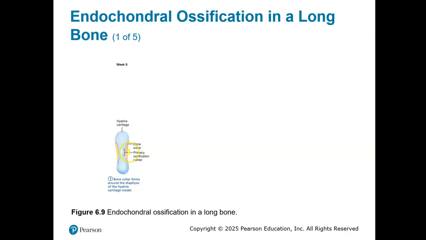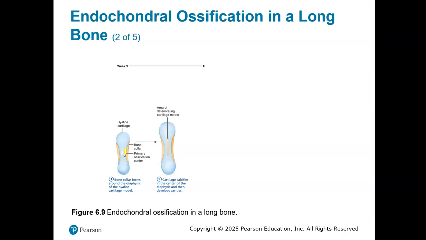Okay, so primary ossification center means that the cartilage cells that are here in this ossification center are going to first of all hypertrophy. That means they're going to get larger. They're going to enlarge, then they're going to die, and they're going to be replaced with bone cells. Okay, osteoblasts. And then in step 2, it says the cartilage calcifies in the center of the diaphysis, and then